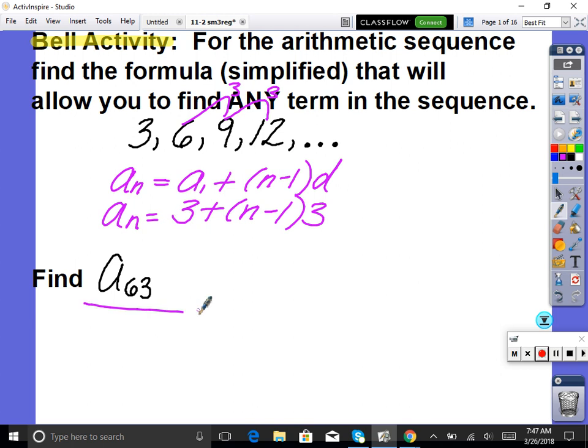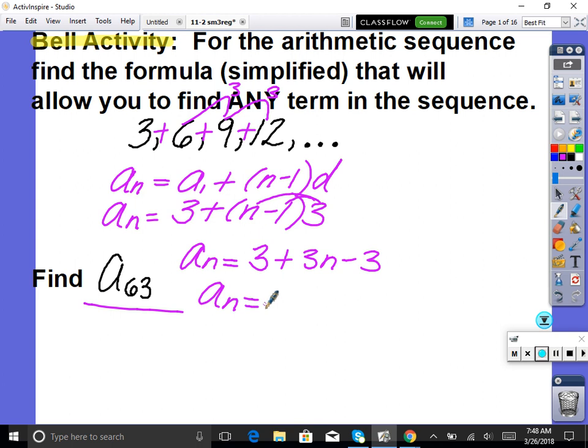However, when we start adding these, which is called a sum, when we start putting plus signs in between these, you've got to have this in simplified form. So we would take the 3 and multiply it in. That'd be a sub n is equal to 3 plus 3n minus 3. So wouldn't that be a sub n is equal to 3n? And then we would plug in a sub 63. So that would be 3 times 63, which is